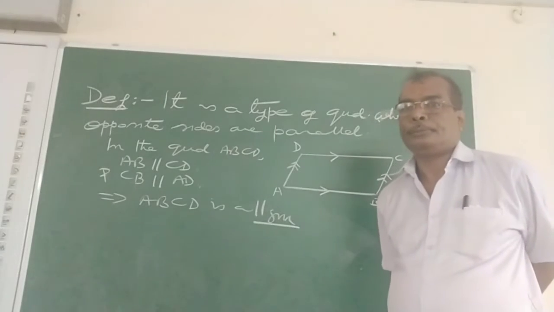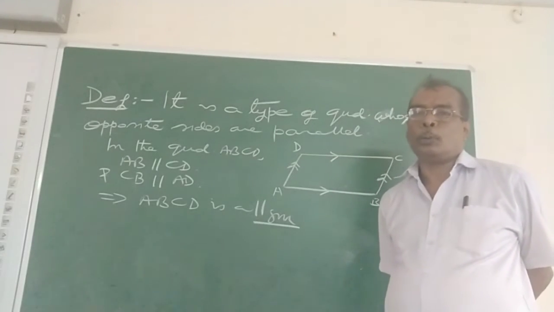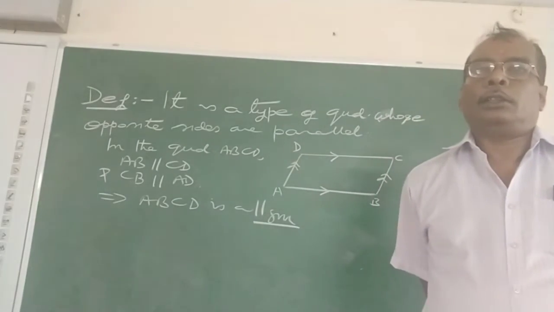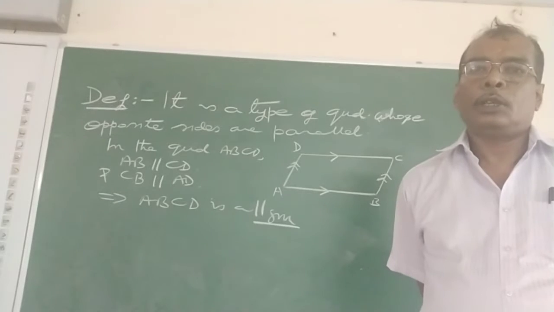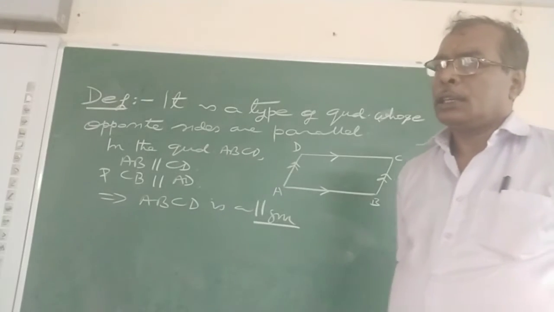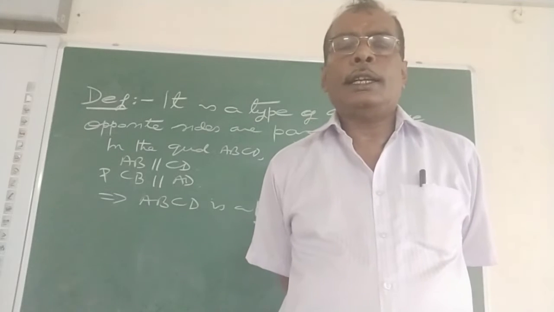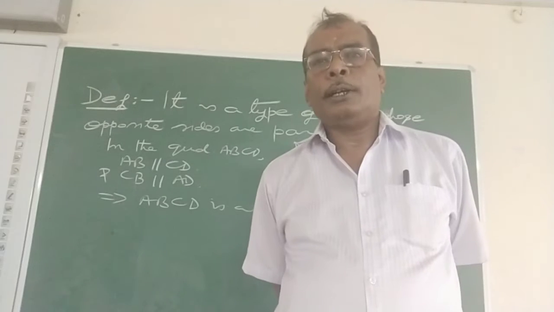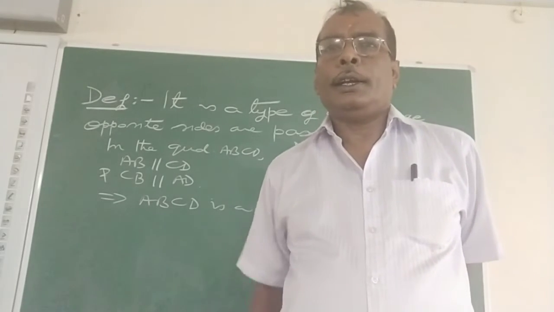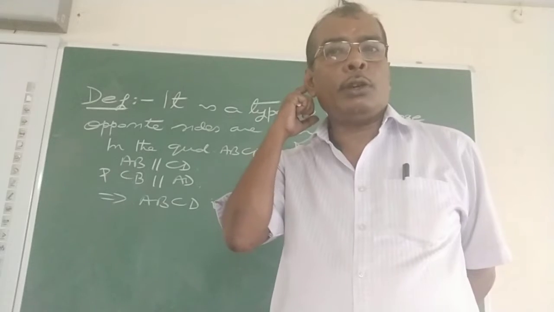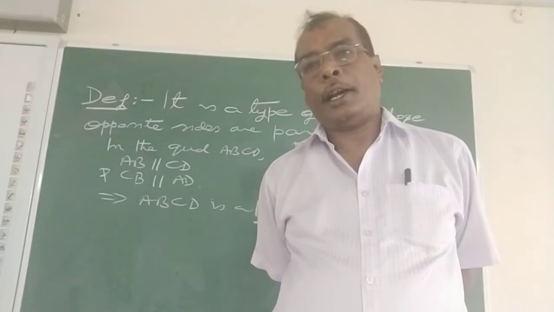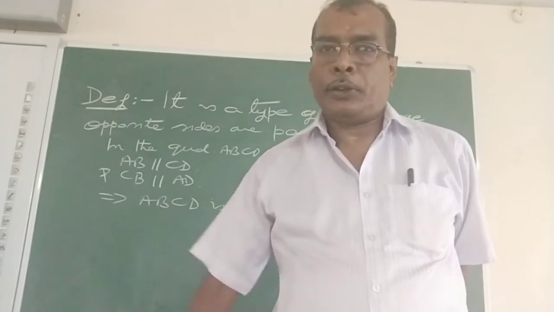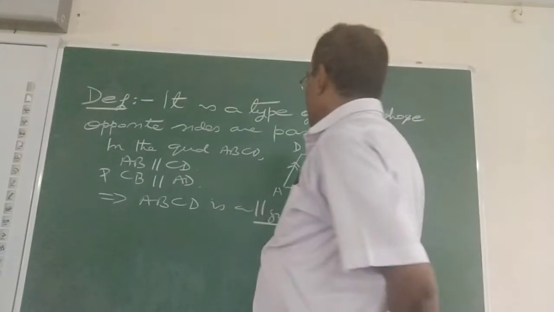In short, you can write the word parallelogram with these particular symbols. This is the parallel symbol. If a quadrilateral has opposite sides parallel, you can say it is a parallelogram. Now, after getting a parallelogram, different properties come. Proving those different properties is not in your syllabus; you will find it in standard 9. I am going to explain a few properties one by one.